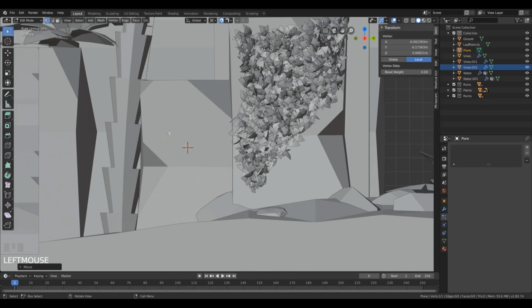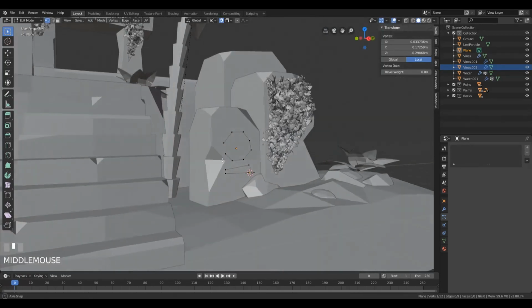So let's get to it, and let's press E to extrude, and maybe we can use the control right click here so it's a little bit faster. So let's just draw some shape, and if you want to start a new vertex, you can just press Shift D to duplicate, move this one here, and you can continue drawing. And again, if you want to do that, no problem with that. Okay, so this will be our glyph,